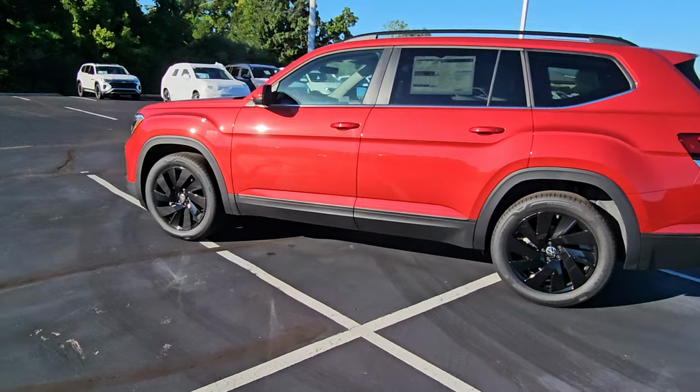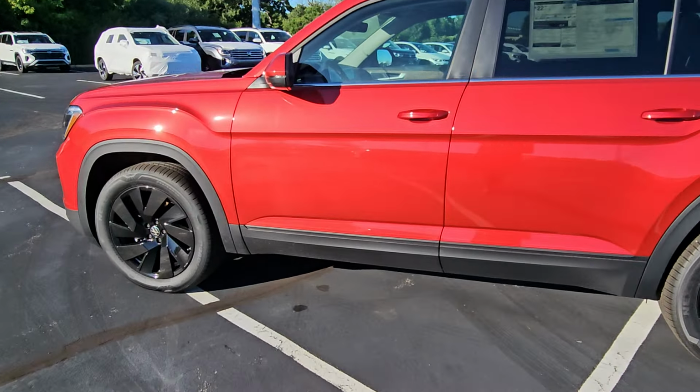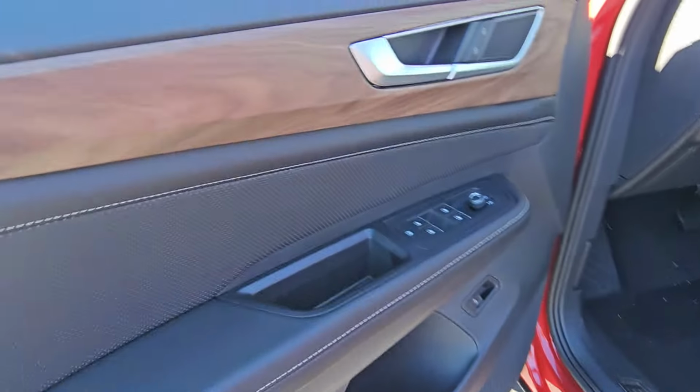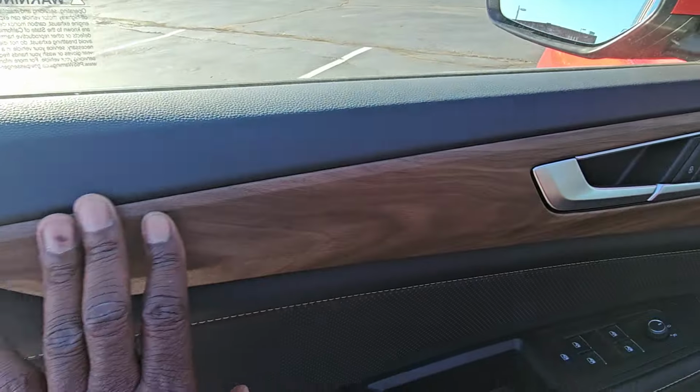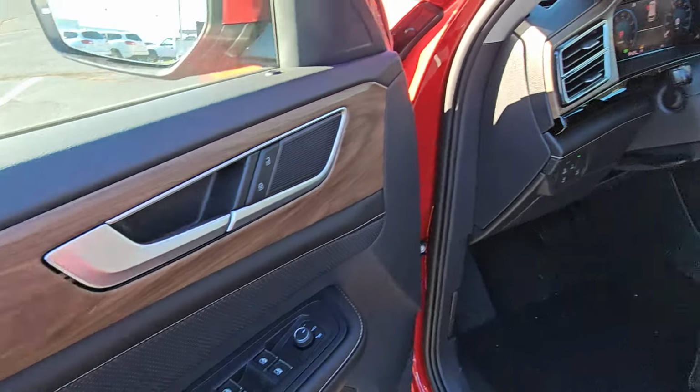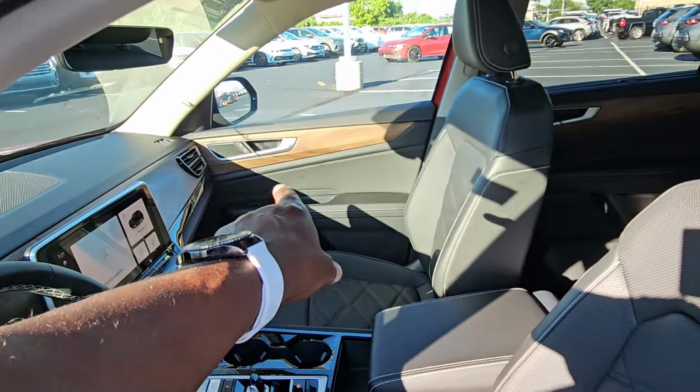Integrated turn signals in the mirror caps. Also, body-colored paint on the mirror caps. Let's take a look at the inside. As we open this guy up right here, I have the AC cranked, so I'll adjust that fan when I get inside. You have wood grain right here, across the dash, behind the infotainment screen, and into the door panels